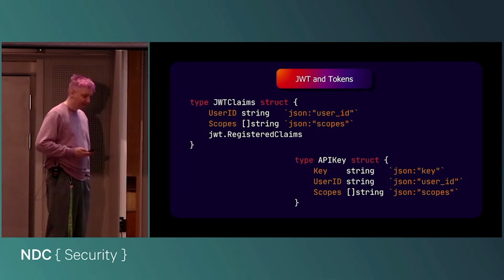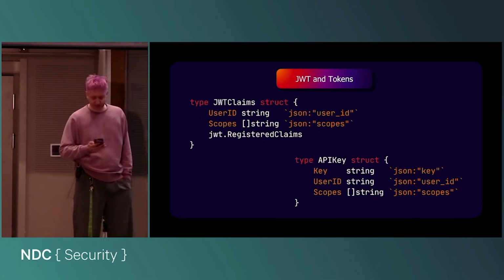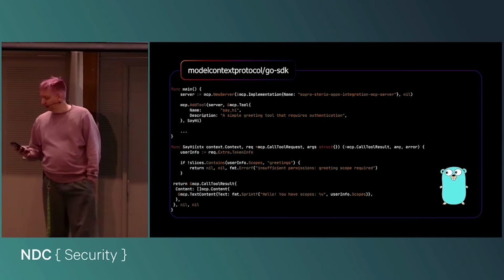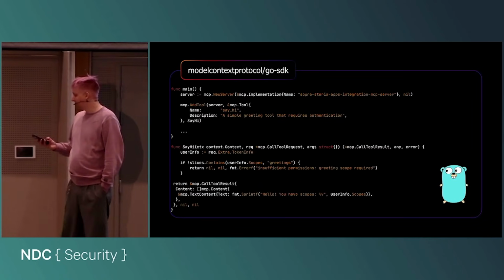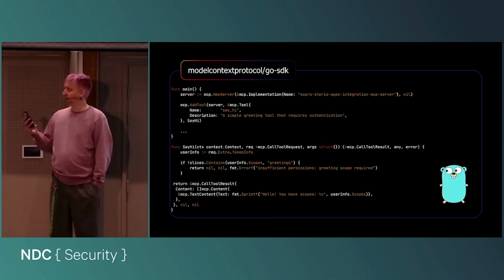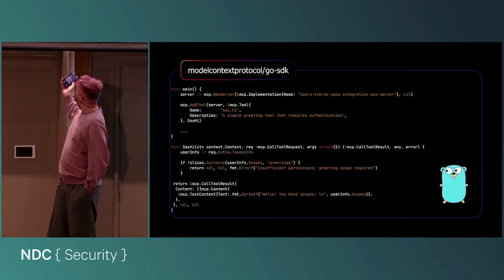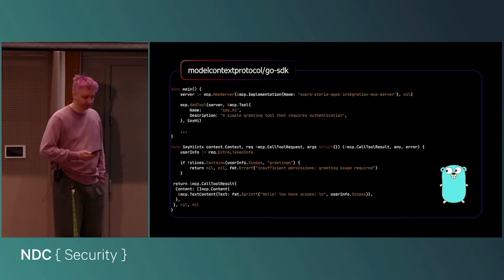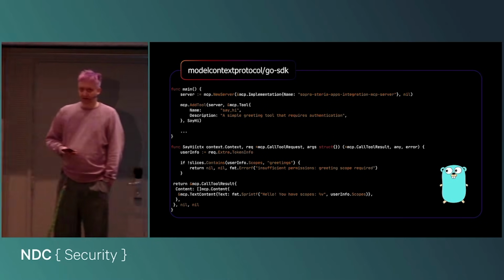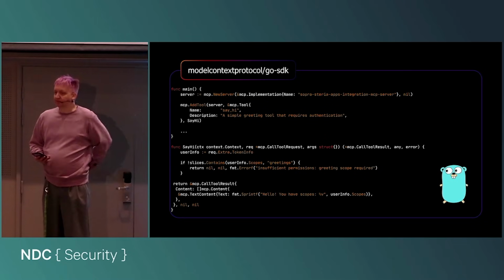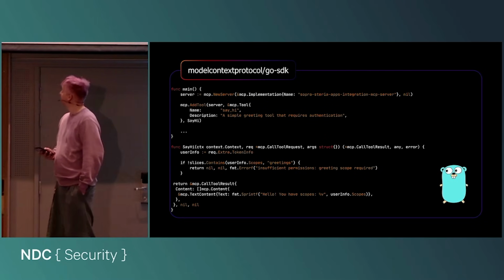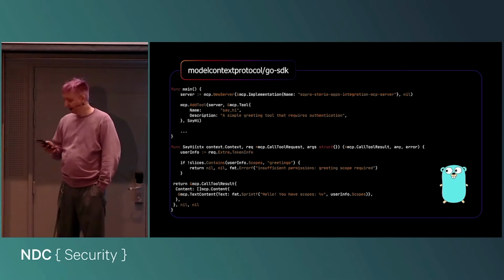My code examples will be in Go, but that doesn't matter too much. So say we have a JWT token or we have an API key with their scopes, with their claims. In modelcontextprotocol.io or from the SDK that they have out on GitHub, we have at least built-in security from the beginning. So they did the base work for us, where we just set up everything in the scaffolding,